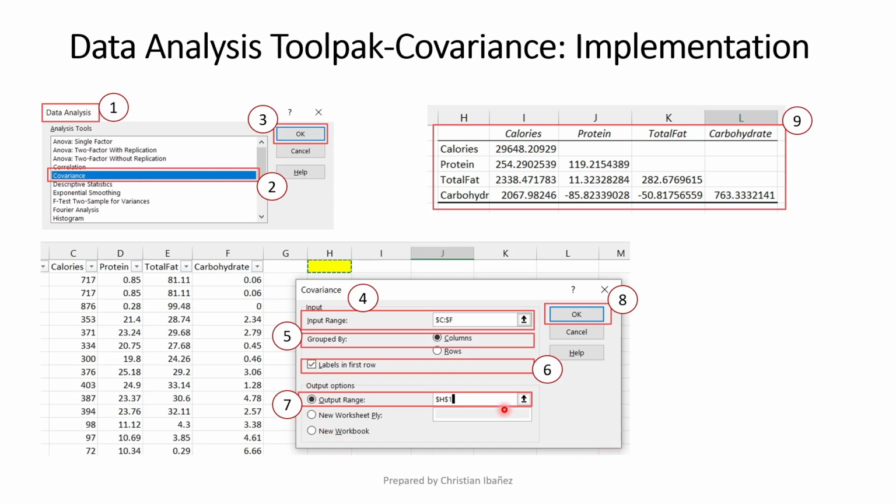Then under the covariance window, we just need to select the same data that we selected for the correlation. For the input range, we selected column C to F, group by columns, and we check labels in first row to indicate that we have column headers in the first row. For the output range we just selected H1 and click OK, and it will show us this table that is just similar with